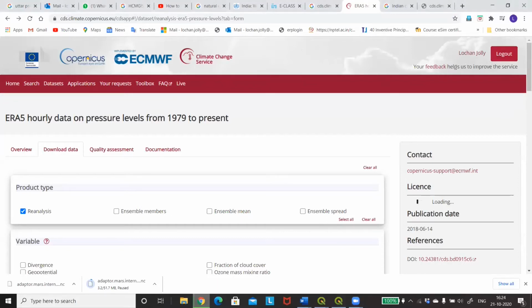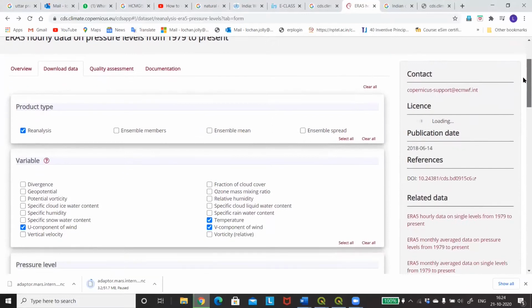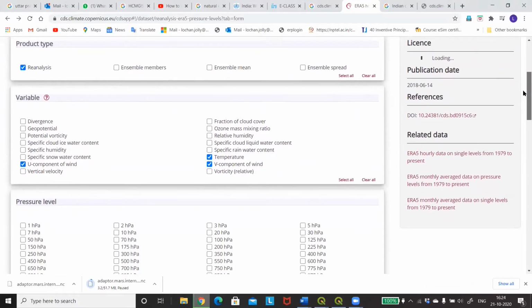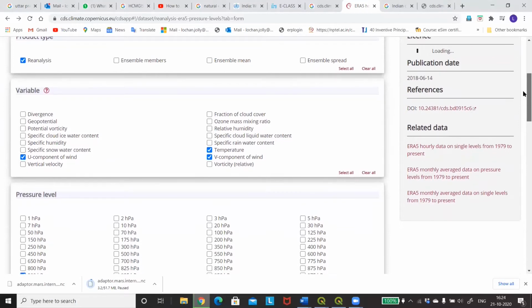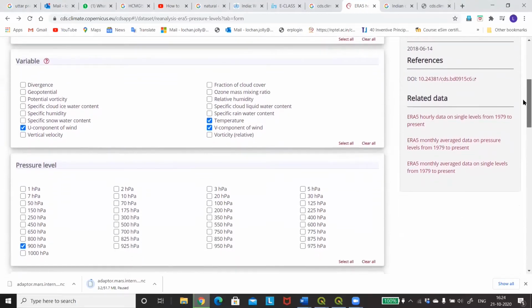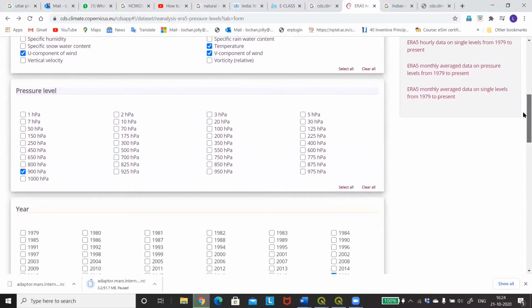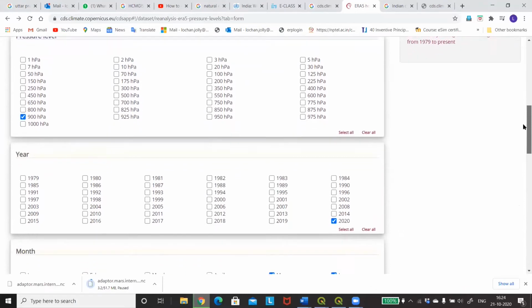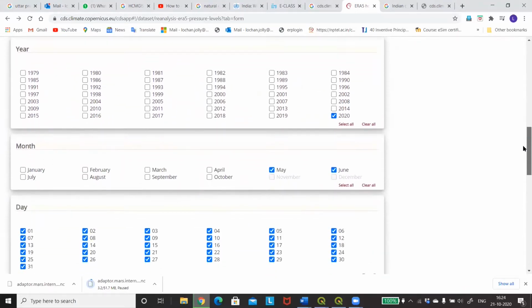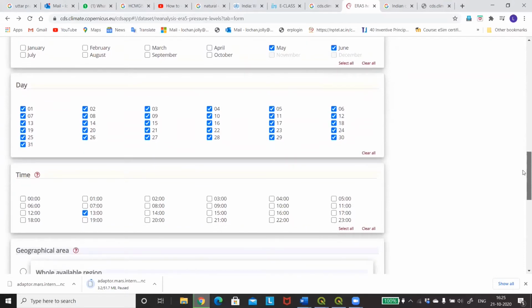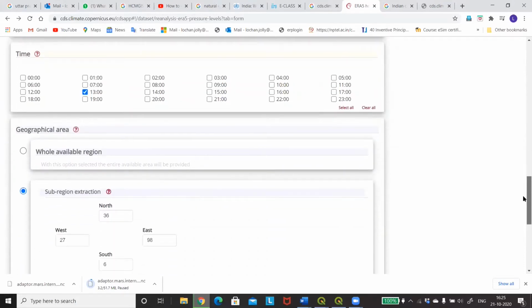This you can do only if you have your login, so I would suggest create your own logins. So in this, the product type is reanalysis. The variables that I right now want to see is temperature, the U component and V component of the wind. We are taking these values at 900 HPA, and for this year and May and June data for all the 30 days, and I'm taking it at say around 1 o'clock in the afternoon,